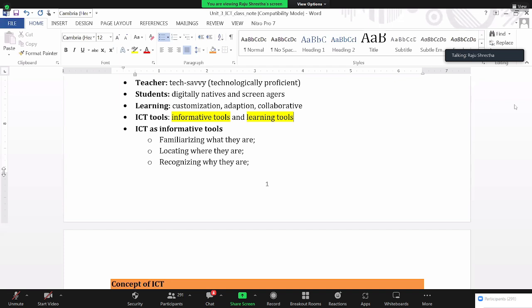So why don't we use them practically? Why don't we develop skills to handle these tools? But